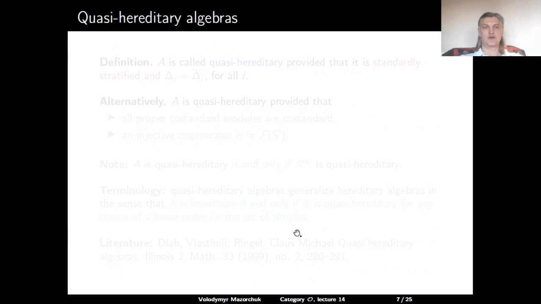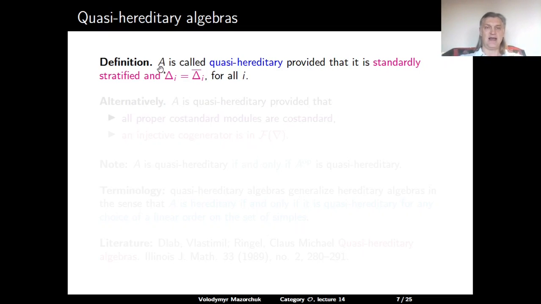Now we can define the notion of quasi-hereditary algebras, which was the original notion. It was defined before stratified and properly stratified algebras. Stratified and properly stratified algebras are generalizations of quasi-hereditary algebras. But when you try to define them all, it is more natural to start with stratified algebras. So, definition: A is called quasi-hereditary, provided that it's standardly stratified and all standard modules coincide with the corresponding proper